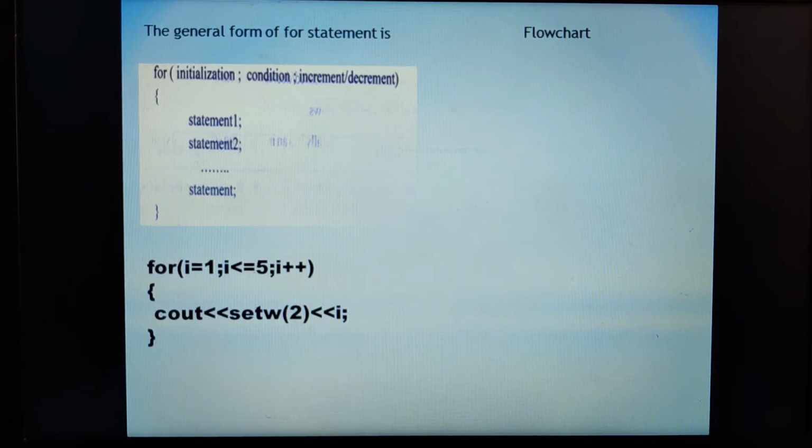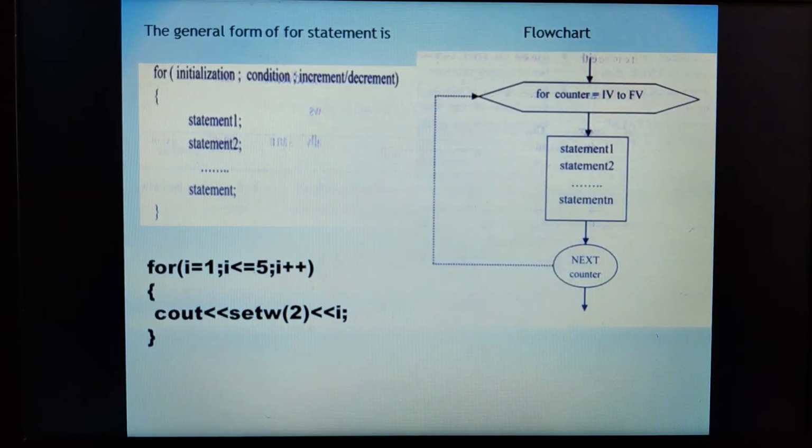Okay, now let me explain this one. Look at the flow chart here. I can call this the counter value, but before I say this, I'll show you this example. Initialization, that means what? I have taken one variable, i, which I can refer to as a counter variable.